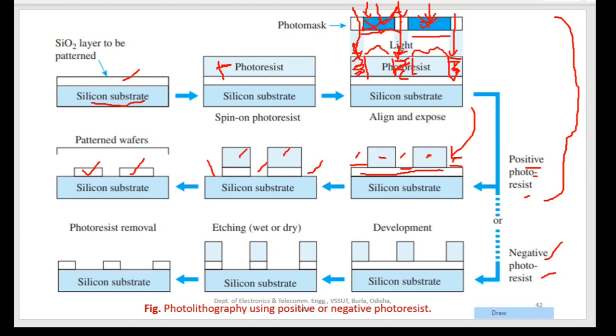So finally what we have done, we have traveled through these steps. This was the first step and this is the last step, and we have obtained this one. Where a continuous layer of SiO2 was sitting on the silicon substrate, now we have got the desired shape of SiO2 that we wanted to achieve, right? So these were the steps with photoresist material which are positive in nature. Now the opposite of this